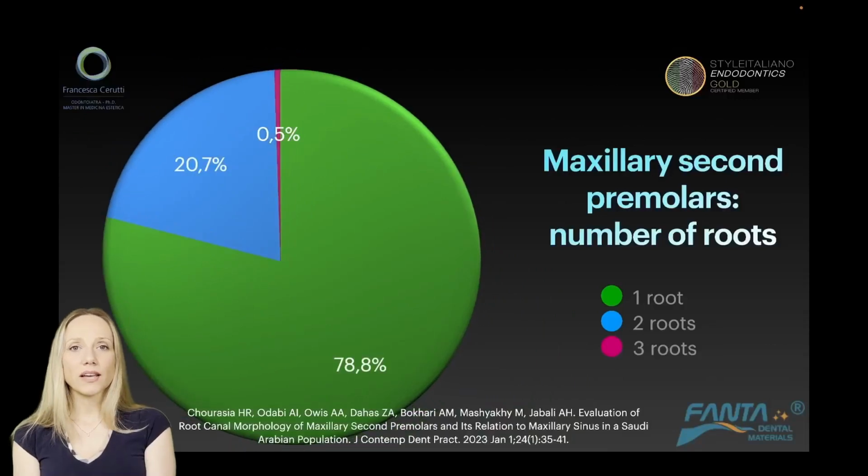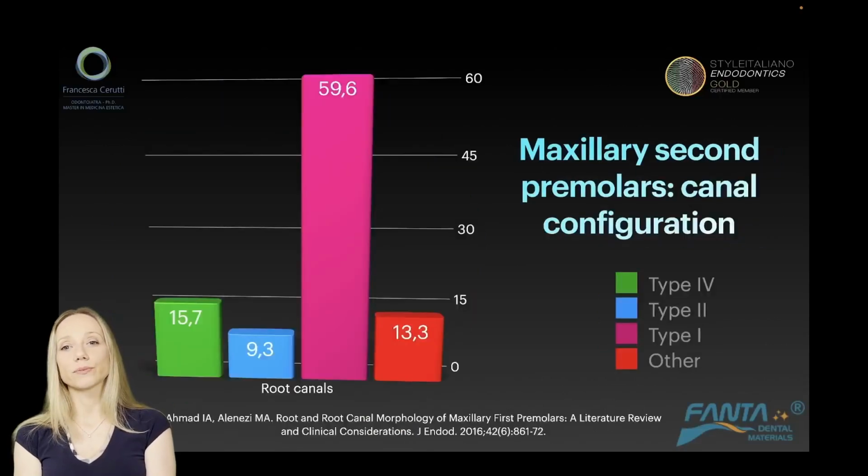And then second premolars. Number of roots, mainly 1. So 78.8% of maxillary second premolars have just 1 root, but we can find 2 rooted and in a small percentage 3 rooted maxillary second premolars. And about the canal configuration, everything changes. So we have a vast majority of teeth with type 1 configuration of root canals, followed by type 4, others,